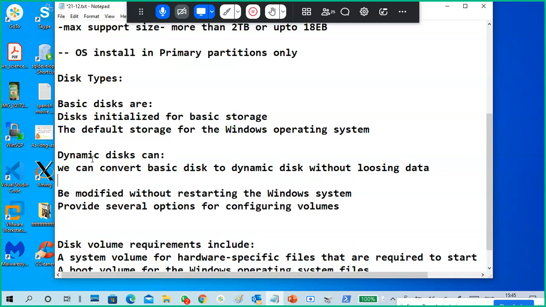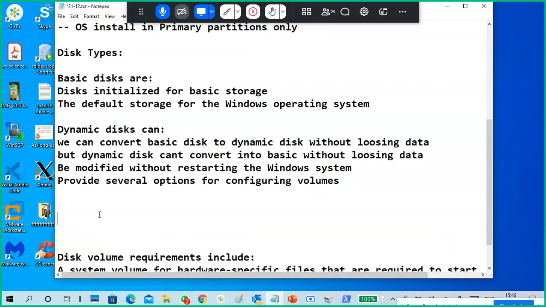But a dynamic disk cannot be converted into a basic disk without losing data. So, several options for configuring volumes.